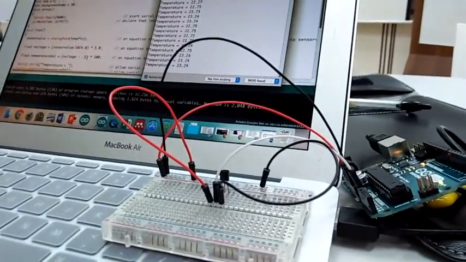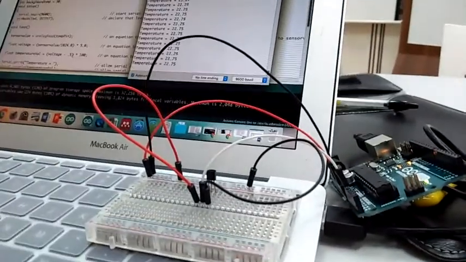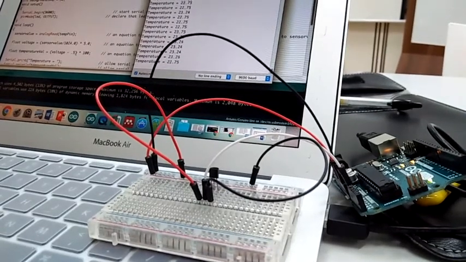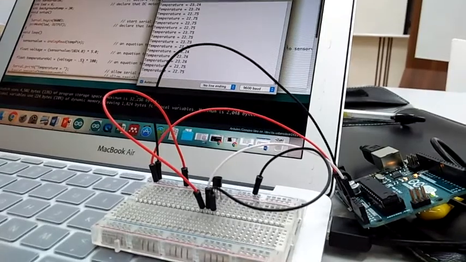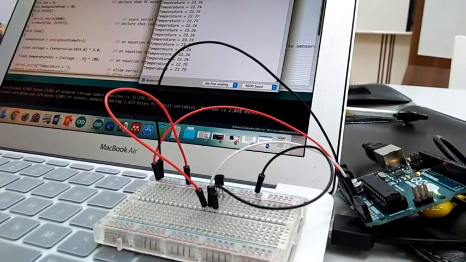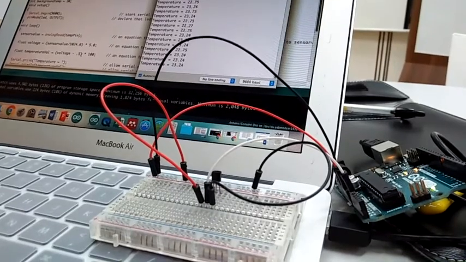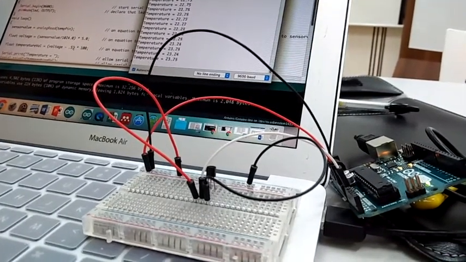So do not get alarmed when you see the 400 over degrees Celsius on the serial monitor, but do check that the circuit is connected correctly, the polarity as well as the wires. No wires are dangling and not connected to our sensor. Once we are sure that the circuit is correct, we can now use the temperature sensor to sense